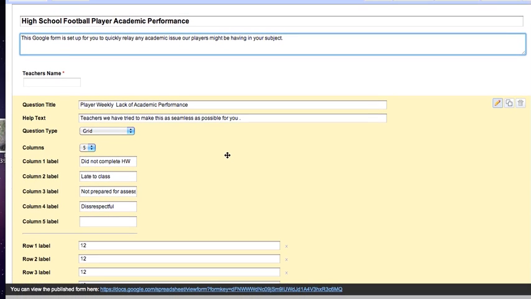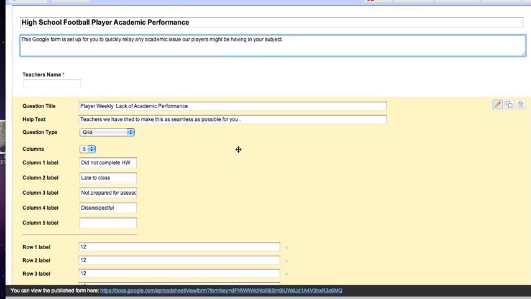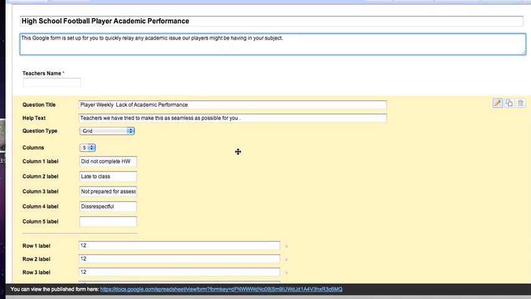One component of any flip athletic program is the communication. To facilitate communication between yourself, your parents, your players. And with this form we'll see right here, it's to facilitate communication between you as coaching staff and your players' academic performance. Lots of times coaches ask players to, say teachers, to fill out a documentation, sometimes a little bit